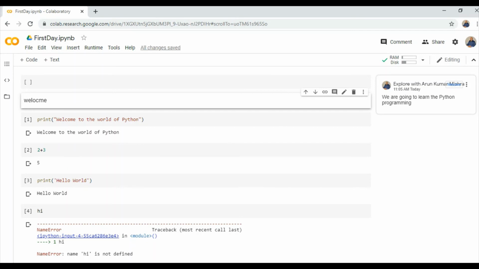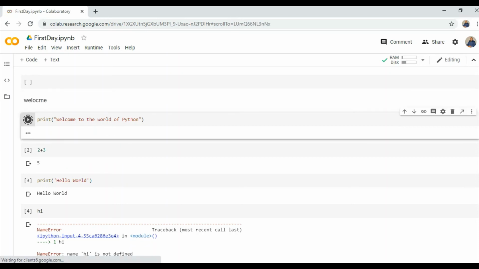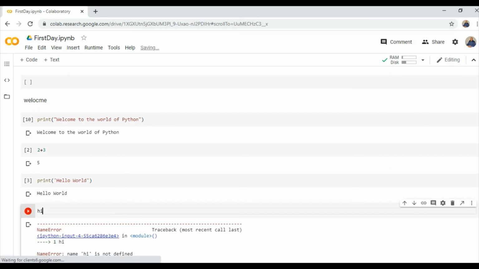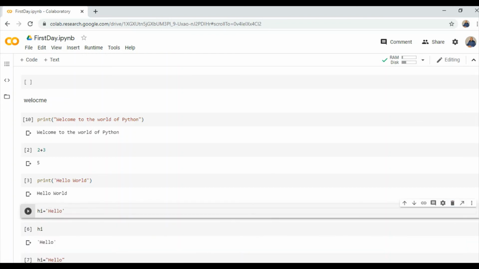Now suppose you want to delete the comment. Right click on the comment section and you will find the options edit and delete. So click on delete, you can easily see that. For running the cell, you just have to press Ctrl plus enter. You are going to see the output. In this way you are going to run the cell. But if you want to enter a new cell, then you have to press shift plus enter. Again, if you want to delete, the delete option is there, delete cell, you have deleted successfully. For undoing, you can go to the edit menu and undo the things.